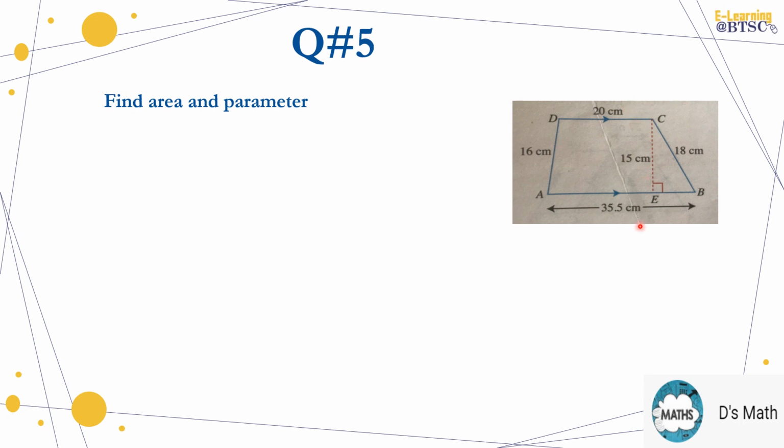only 2 parallel sides. That means it is not a parallelogram, it is a trapezium. And we are given the length of all the sides, and yes, we are given the length of both the parallel sides and the height between them, that is 15 centimeter. So you have to calculate the area. This is very simple as you have done part A. And perimeter, we know that in perimeter we will simply add all the sides. Okay, now do the solution and send me the screenshot of your work. And next I will share the solution with you. Pause your video here, and after doing the question you can check whether you have done it right or not.